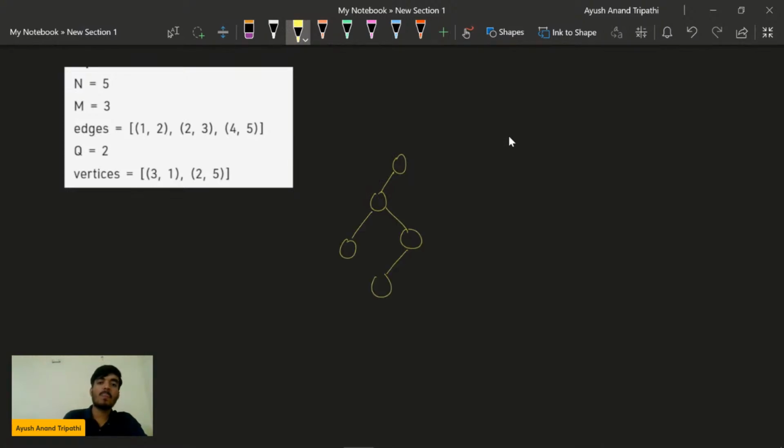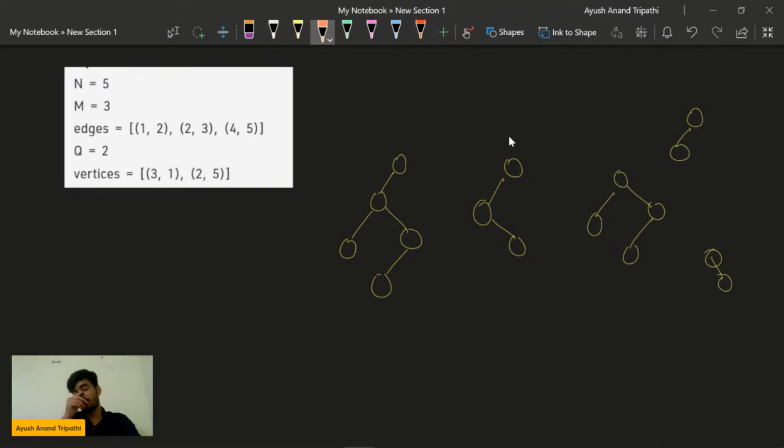So this was the initial configuration of the edges. I am assuming that the graph given to us is forming some components. All right, so these are the components given to us. So what we can do is simply iterate over the nodes from 1 to n, and for every connected group